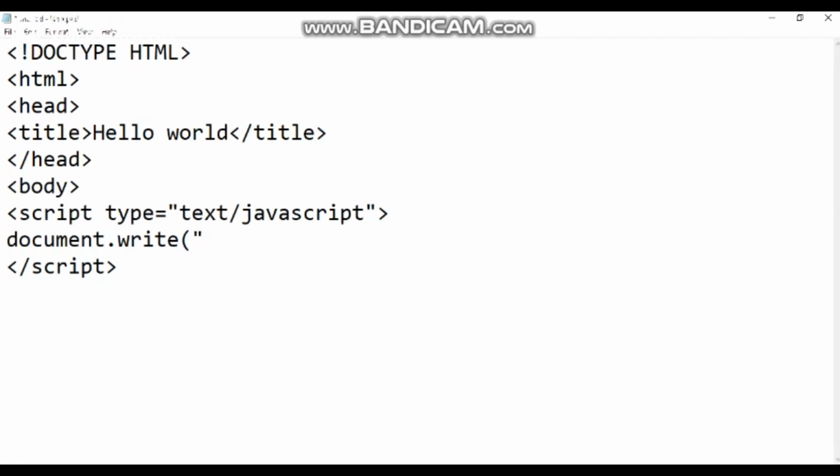Say for example I want to print hello world. So this is my hello world program, so let me include that statement: hello world, this is the first JavaScript program. It ends with a semicolon, that is a must. Let's see the result. And write is actually used to create basic markup.